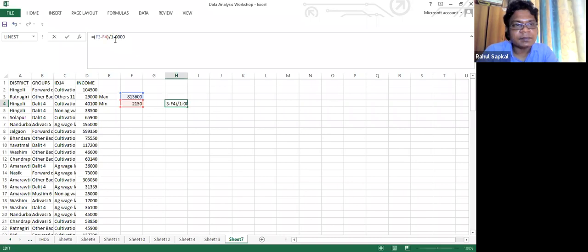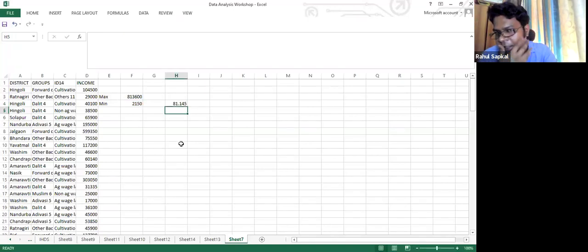Thank you for identifying this mistake. Now if you put 10, it is showing a total of 8 class intervals you can have. Or if you put, let's say 10,000, you can have 80 class intervals. It's better to have a smaller one.